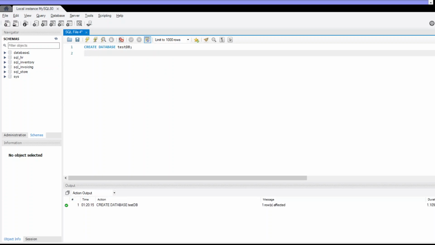As you can see in the action output that it is in the green tick and it is successfully run.